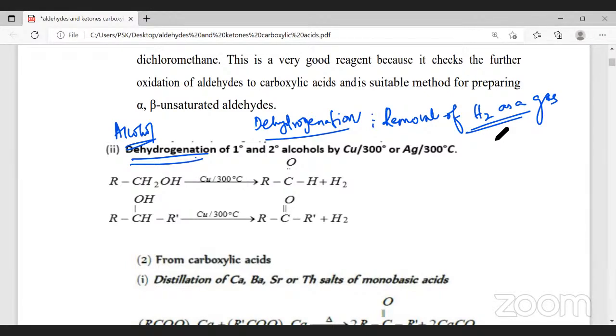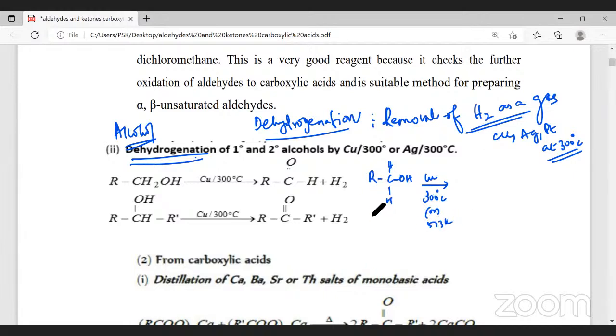This dehydrogenation takes place in the presence of copper, silver, or platinum at 300 degrees Celsius. Most of the time, copper is used because copper is cheap and abundantly available. Dehydrogenation is defined as removal of hydrogen as a gas, H2. The primary alcohol is represented like this: R, C, H, H, and OH. When vapors of primary alcohol are passed over copper at 300 degrees Celsius, which is 573 Kelvin on the Kelvin scale,